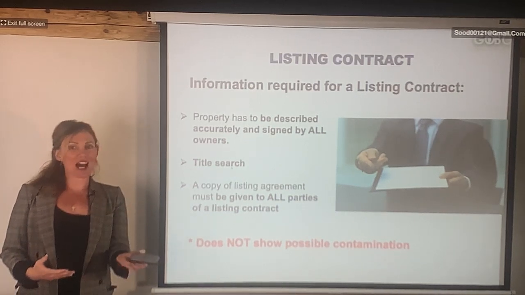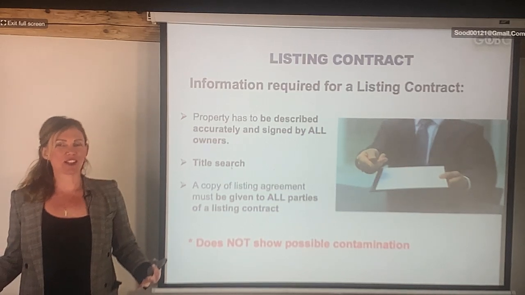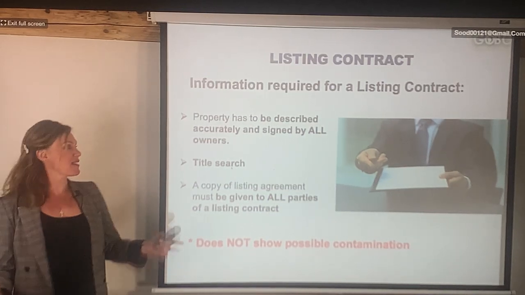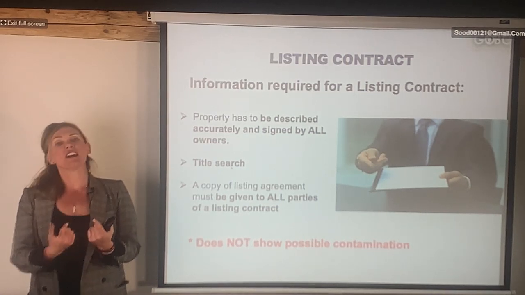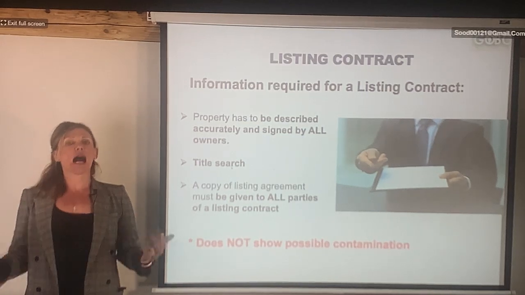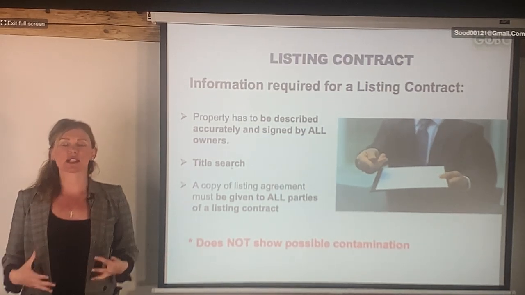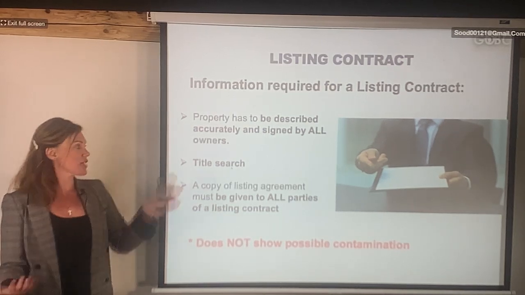What if the client's wife is on the title, but he comes by himself and says, I want to sell the house? Do you think that could be an issue here? It has to be. So you have to pull out the title search and ask how many people are on the title. If it's him and his wife, how many signatures are you supposed to collect for this listing? Two. However many people are on the title, that's how many signatures you have to collect. If only he signs and the wife is not present, then you won't be able to list the house.